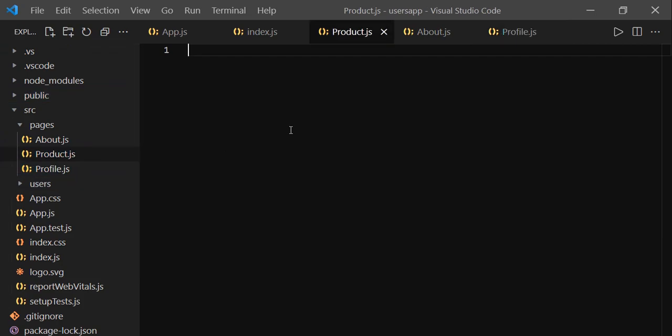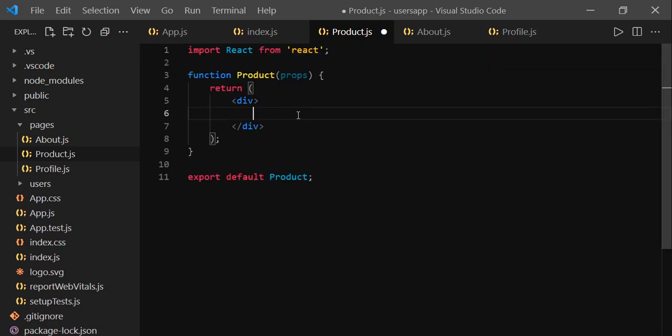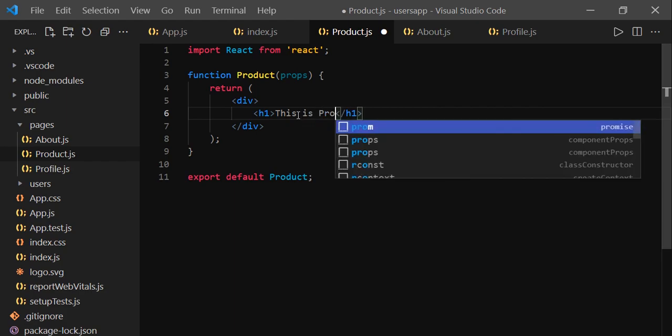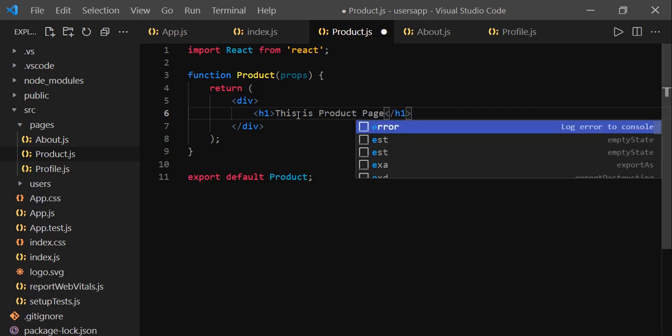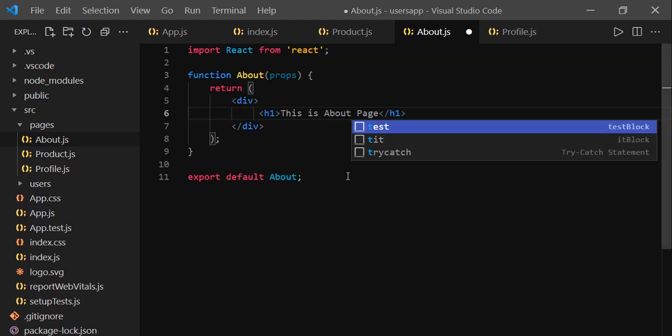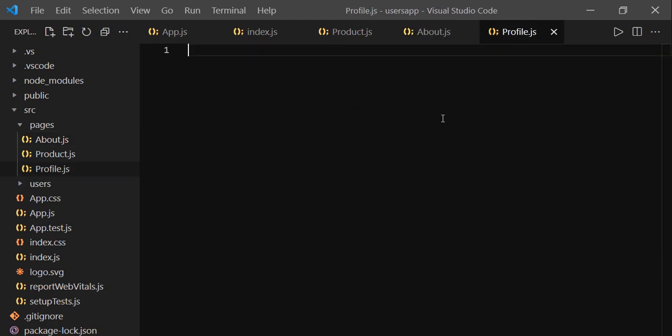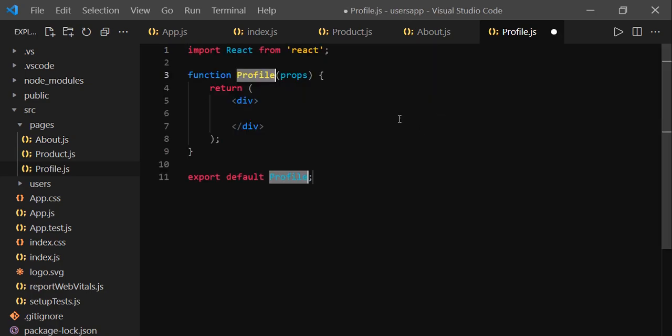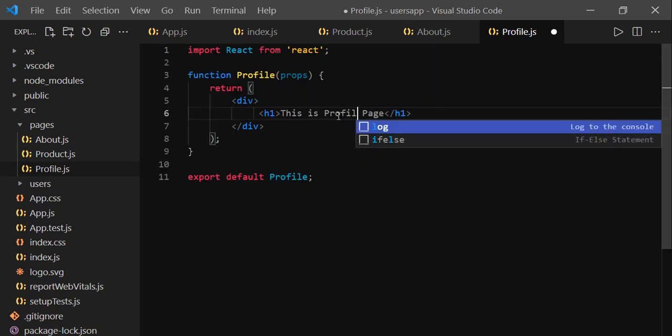Using the code snippet rsf, we can create the functional component quickly. Here I am going to use an h1 tag: this is product page. In the same way, rsf, and instead of product this should be about page. Then go to profile, rsf, and just use profile.